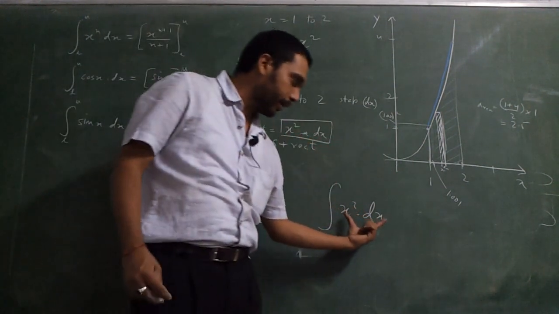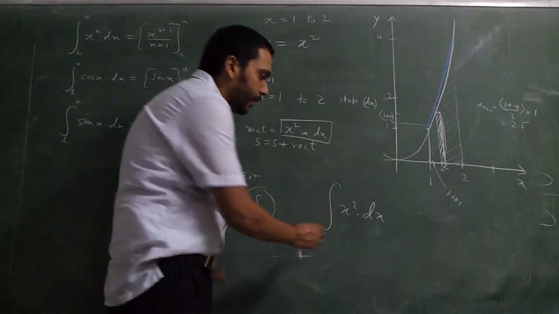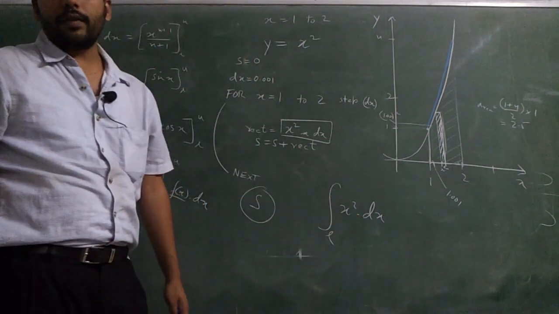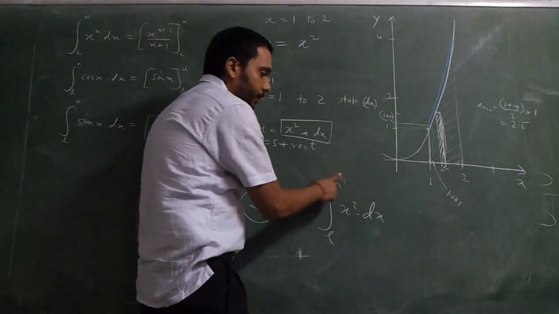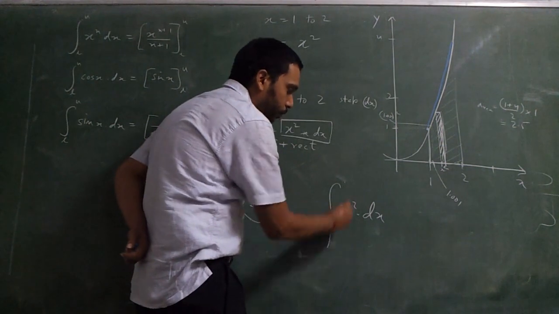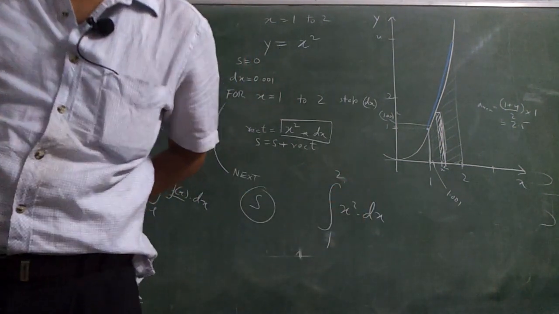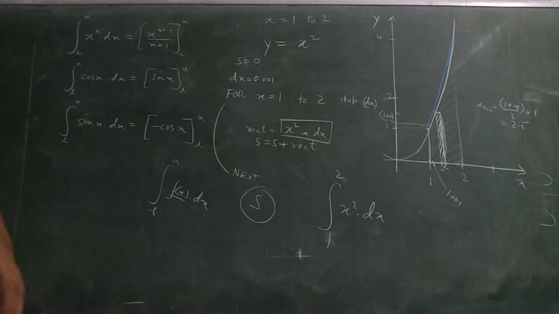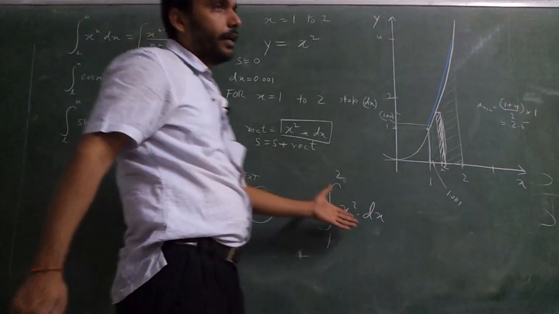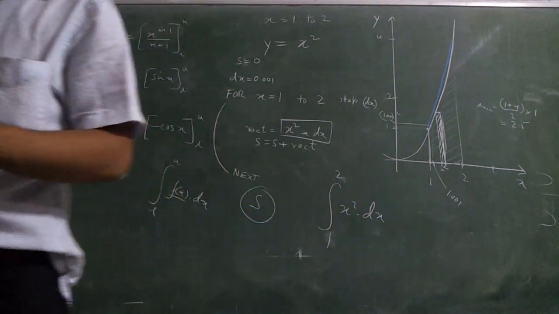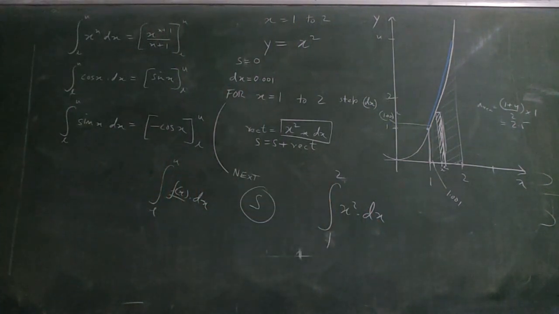So this is one rectangle area getting added again and again, starting from the initial value of x going to the final value of x. In this case, it is starting from 1 and going to 2. I gave you a formula for how to apply this. Let me see what answer you get according to the formula. Have you understood what this integrator is doing? It is like a machine. You put in the rule the rectangle is following, how the rectangle height is increasing, and it will automatically loop it millions of times and give you the answer.